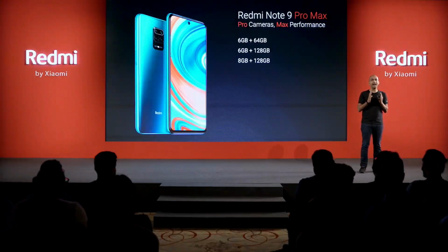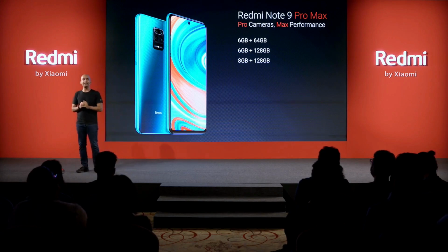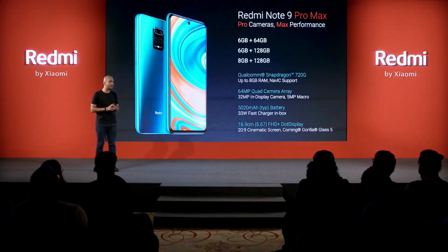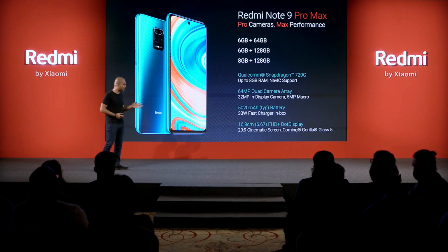The first one is 6 GB RAM, 64 GB storage. So that's the base variant. Then we have 6 GB 128 GB, and we also have 8 GB RAM and 128 GB storage. And of course, this is probably the best mid-premium device available in the market. With Qualcomm Snapdragon 720G, up to 8 GB of RAM, a 64 megapixel quad camera setup, a 32 megapixel in-display camera sensor, a huge 5020 mAh battery with 33-watt charger in box, and of course, a huge display with Corning Gorilla Glass 5. The base variant, which is 6 GB RAM and 64 GB storage, is being launched at only